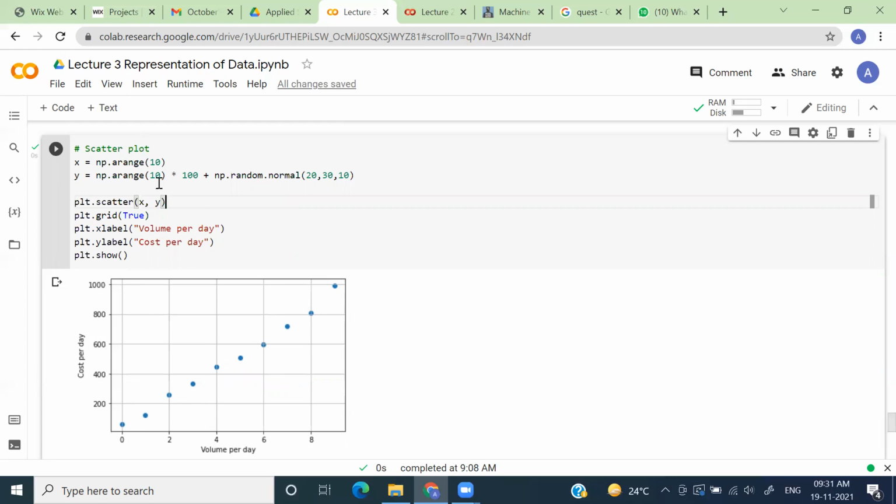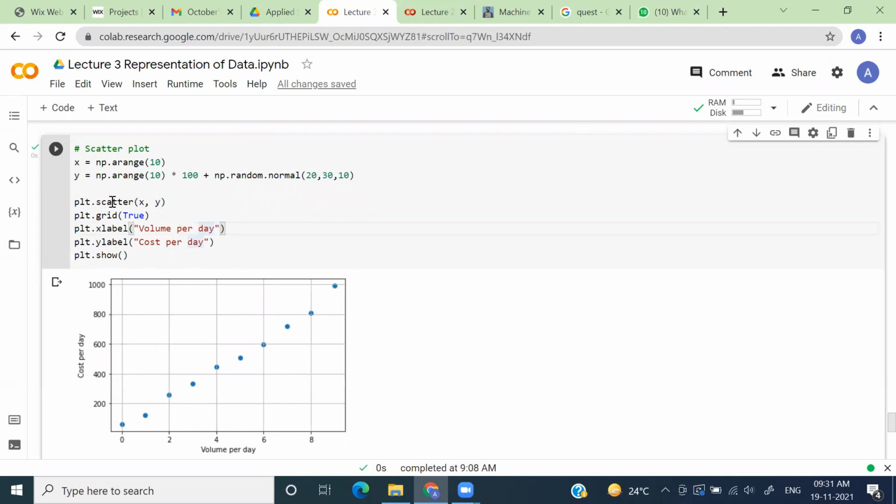And how do we do that? Again, we are using the same package called matplotlib. Import matplotlib as plt. So plt.scatter. Now you want to create a scatter plot, you'll just use a function called scatter. You will pass your x variable, you will pass your y variable, which has those values, and then it will generate this scatter plot for you. Very simple.